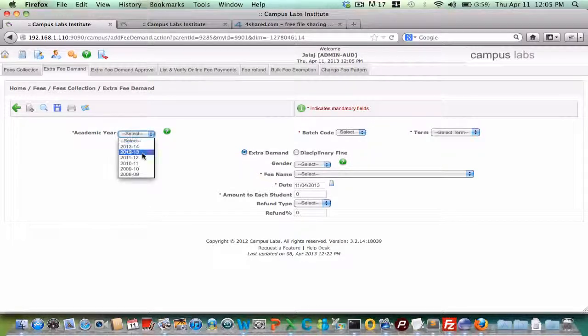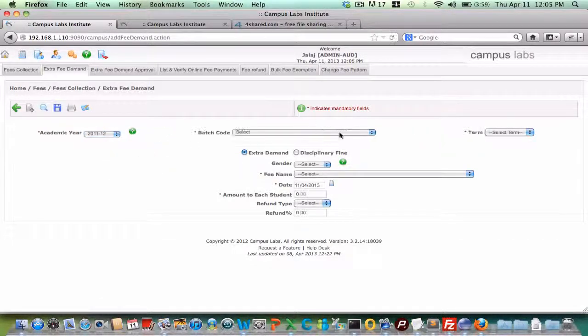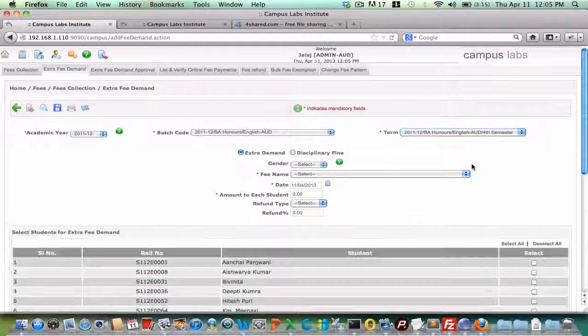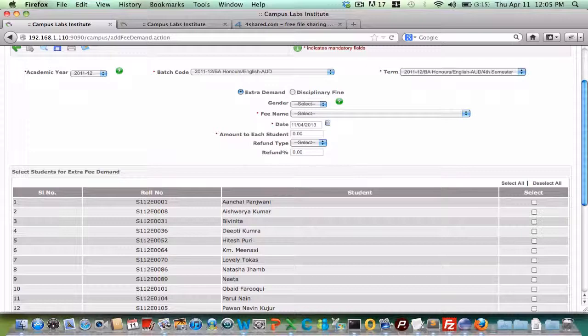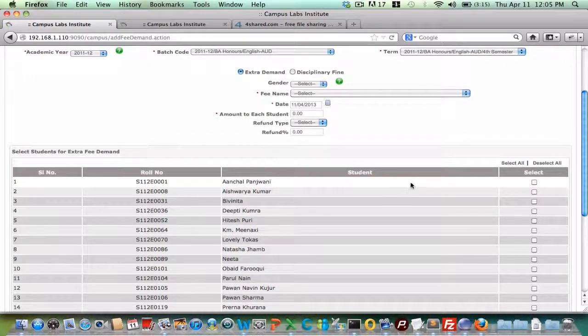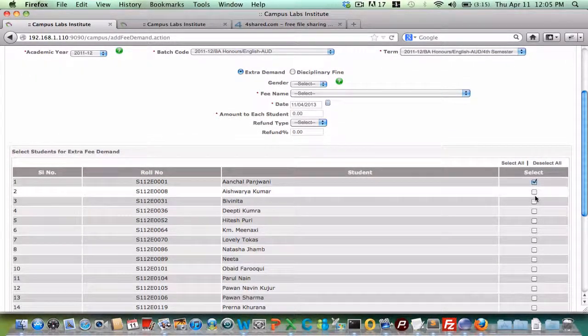In this screen you just have to select academic year, any program, like for BA Honors English, all the students are in 4th semester. You can select any number of students for which you are generating the demand.